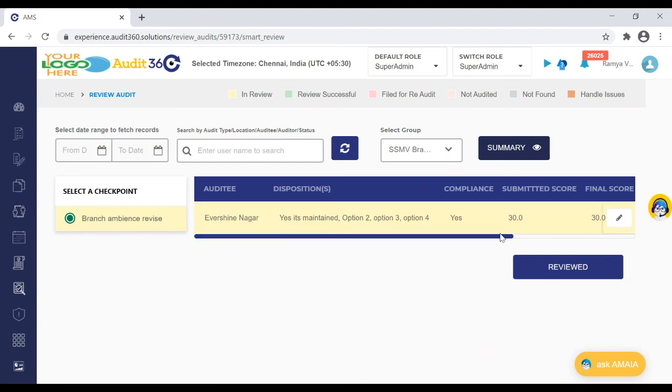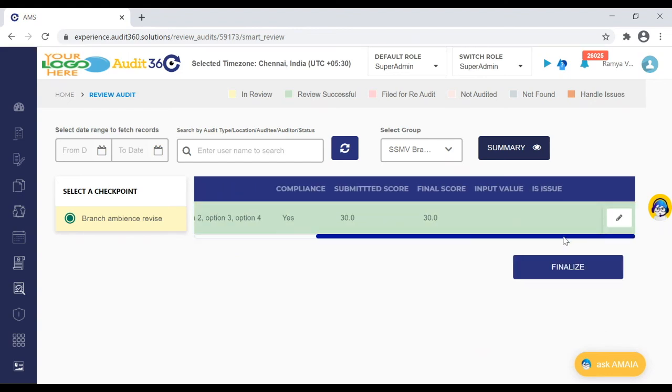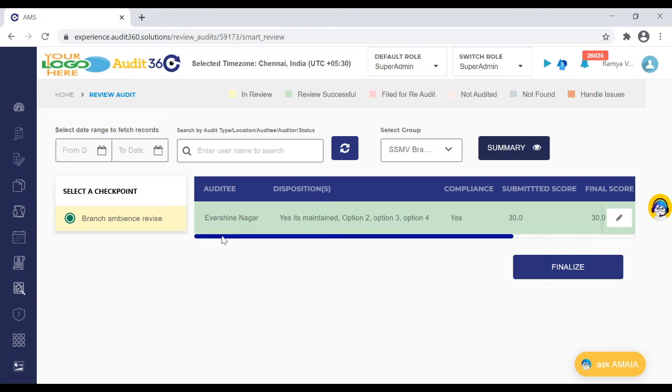So we will soon be coming up with more data points in the summary screen, and summary will be made available in addition to the audit. Summary will be made available at the group or the sub-audit level as well. Sub-audit was there earlier also, but we are adding summary at the group level very soon. These are things which you can expect. This is a direction in which we are moving.